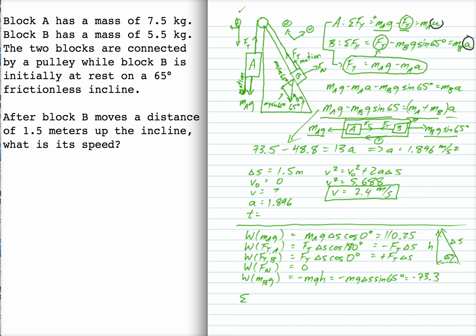Okay, so if I add up the works done by all the forces, of course, minus Ft delta S and plus Ft delta S go away, and so I'm left with just 36.98. And that's equal to the change in kinetic energy, which is 1/2 times the combined masses times v squared minus 0, because it starts at rest. And so I get 5.688 equals v squared. Therefore, the final velocity is 2.4 meters per second